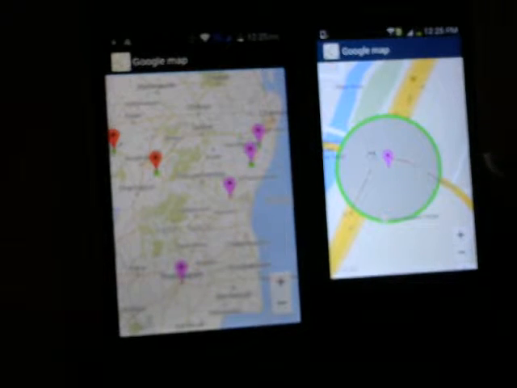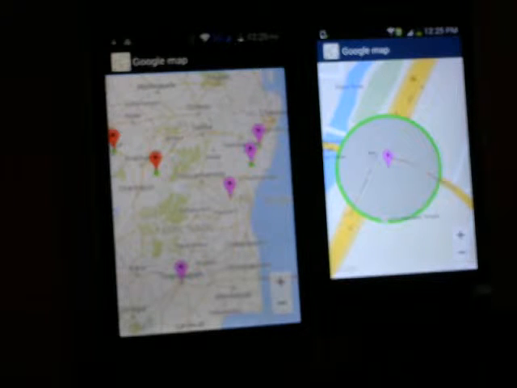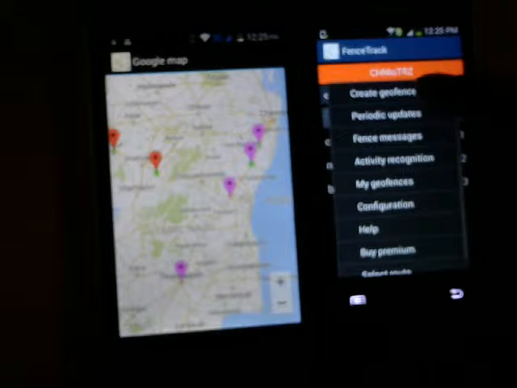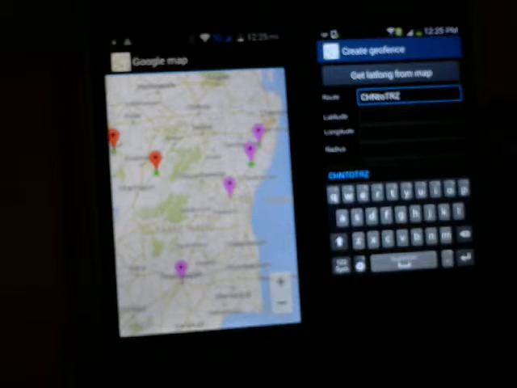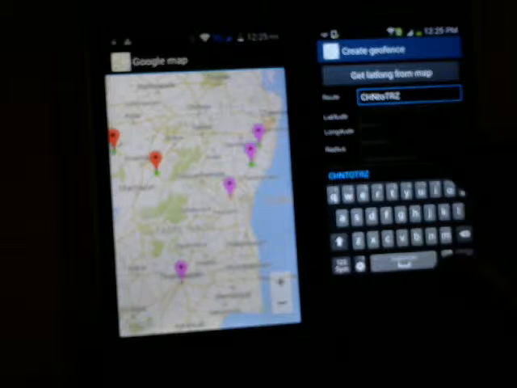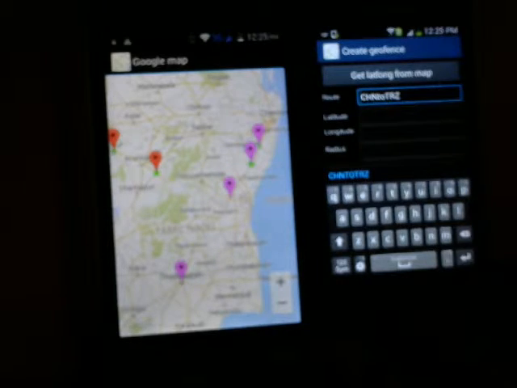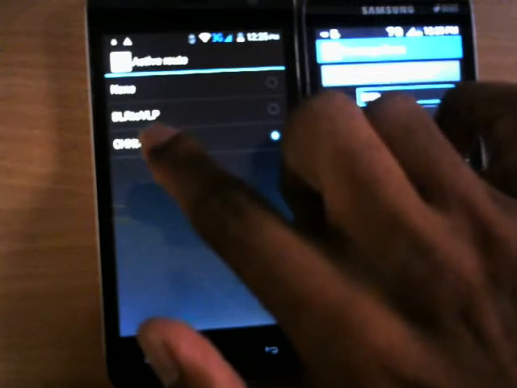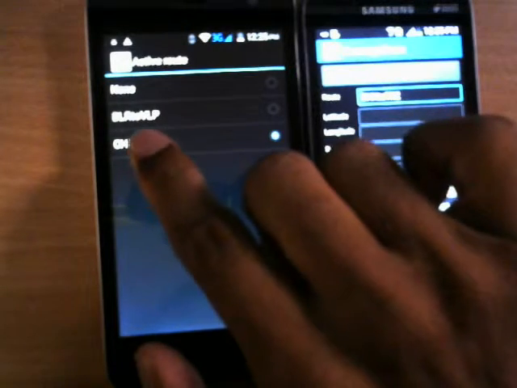So now I will show you how to create a geofence. Create geofence. So this is the route name that will be displayed here. When you are choosing a select route, see here your route name. This is Bangalore to Villupuram, Chennai to Trichy. So whatever name you would like to display here, you can enter the route name here.